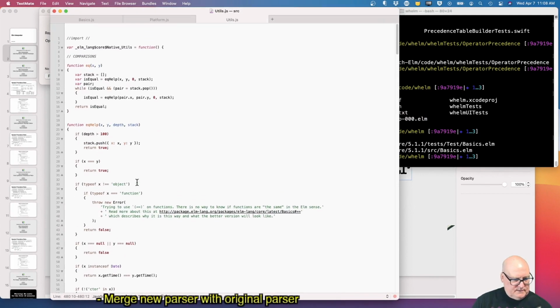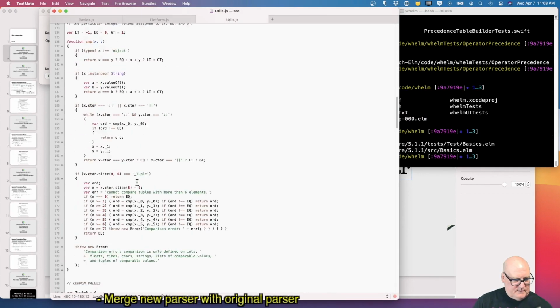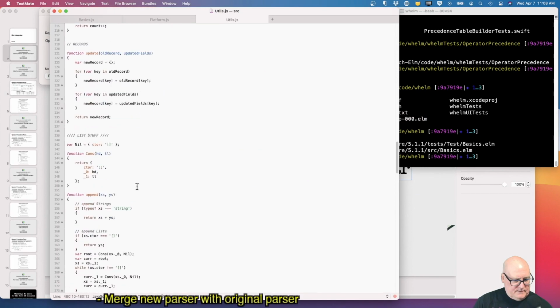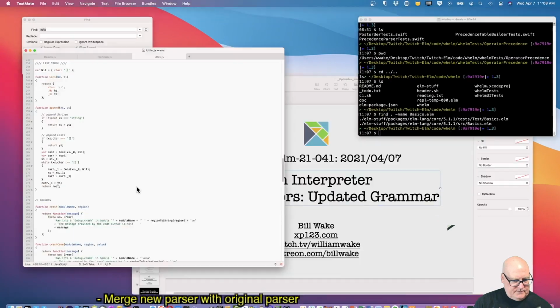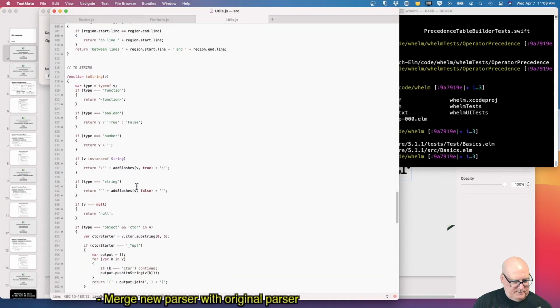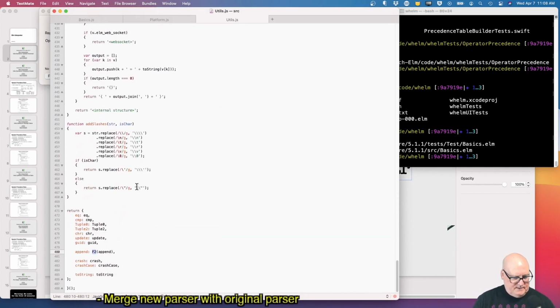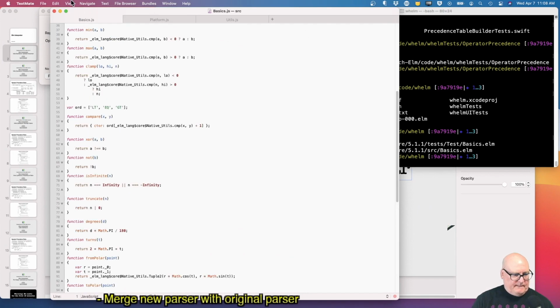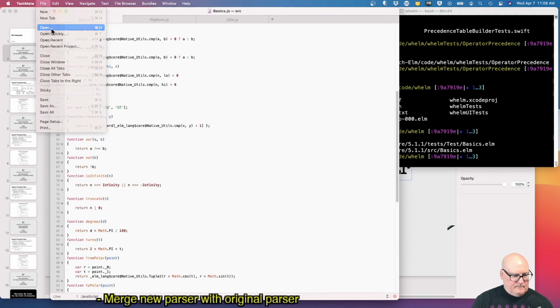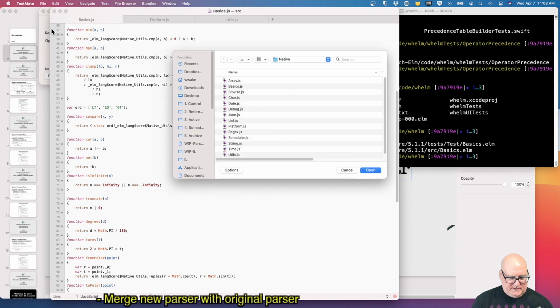Utils. ToString. Will it open in the same neighborhood? Yes.